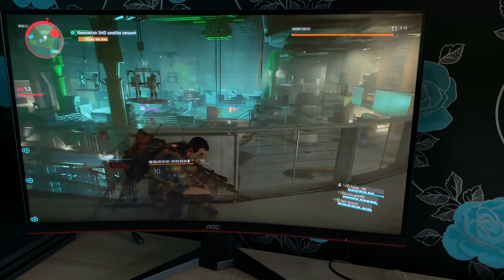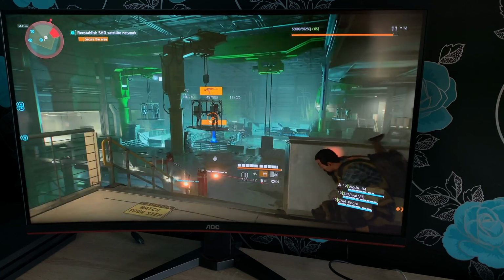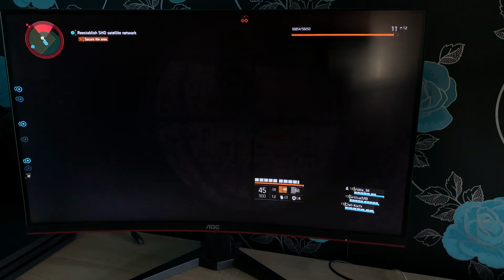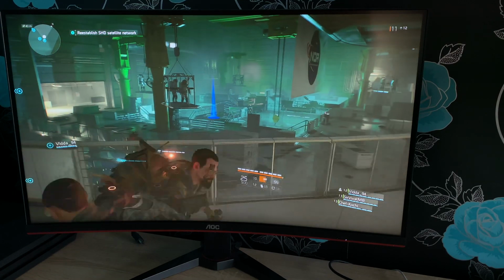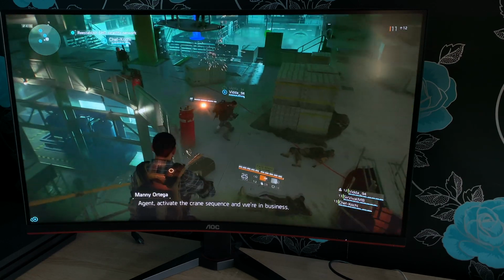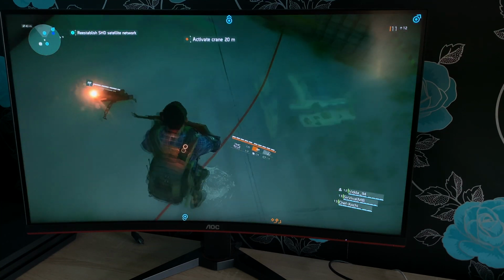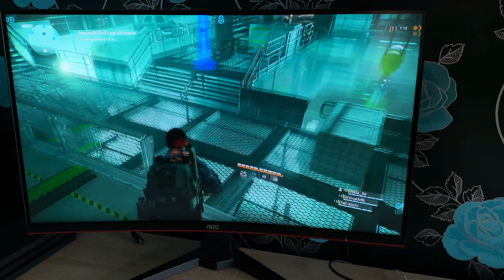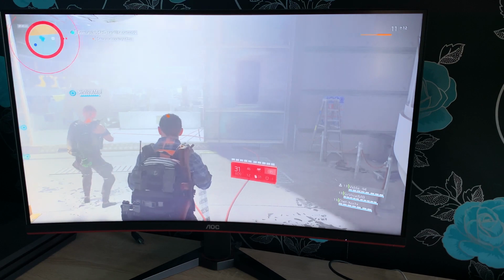So if you are after a monitor that is for gaming, yes, this ticks majority of your boxes for what you need. So 144 Hz refresh rate, 1 millisecond response time, a high resolution display, the AMD FreeSync, that's great. Like I said, the little downside is that there's no speakers, but you can use the 3.5 headphone jack then to add in your own audio, so that's okay. But as well, if you want a monitor that's great for productivity, I've really enjoyed this monitor for that as well. So you have different uses for a monitor instead of just one monitor for gaming, one monitor for productivity. This monitor does everything, and I feel like it does it quite well to a high standard for the price